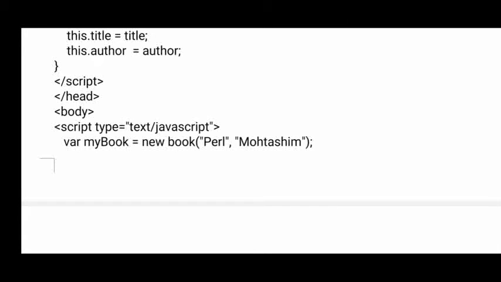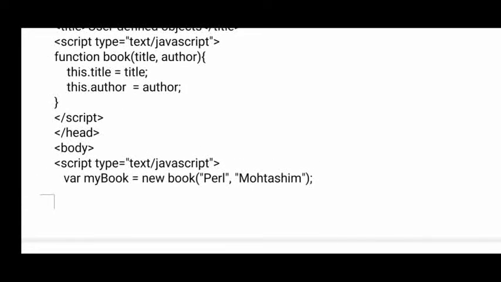Okay, using this here we are including JavaScript. Now where my book is an object equals to new book. Here what is a book? A function. In the function you can see in the above function code, title equals to Perl programming I have given, author equals to Mohit I have given.